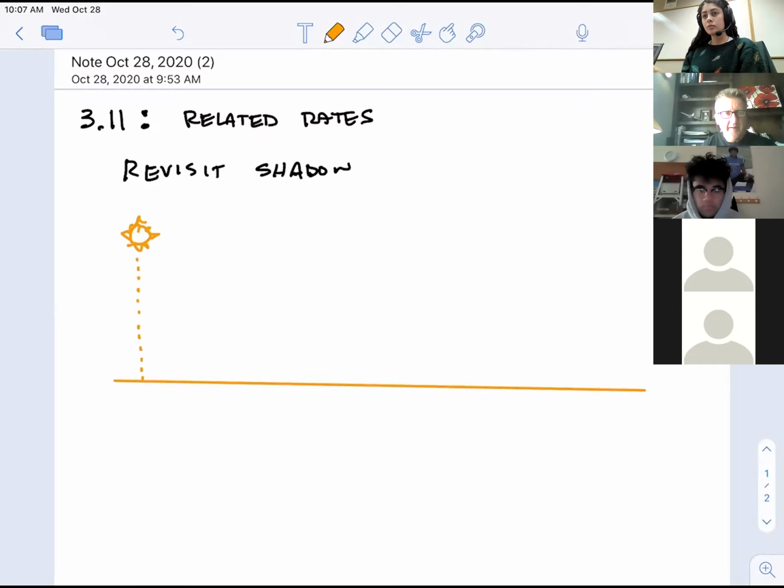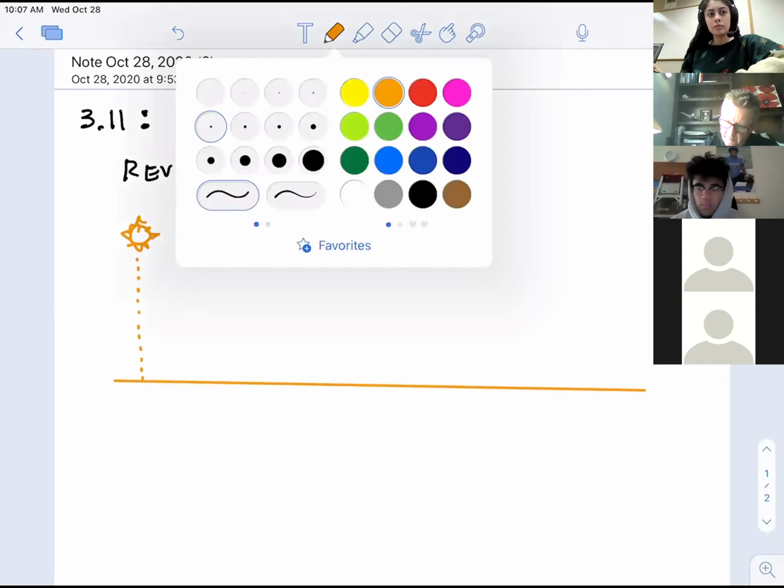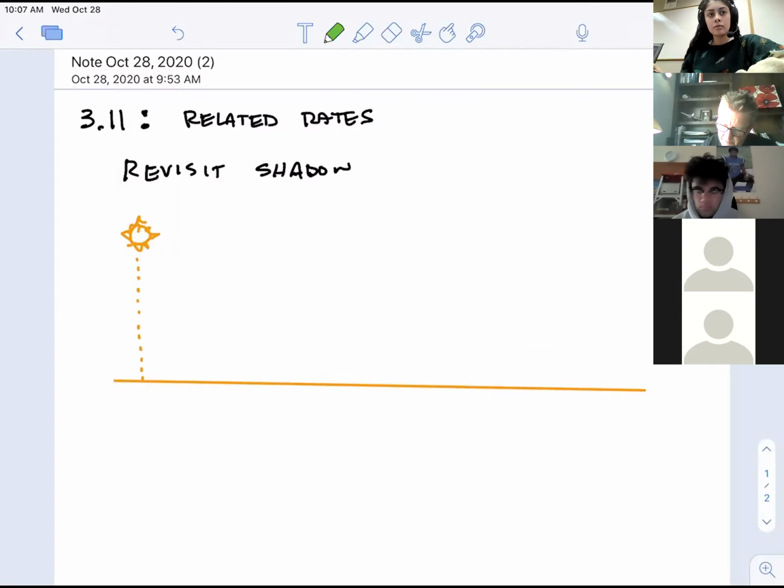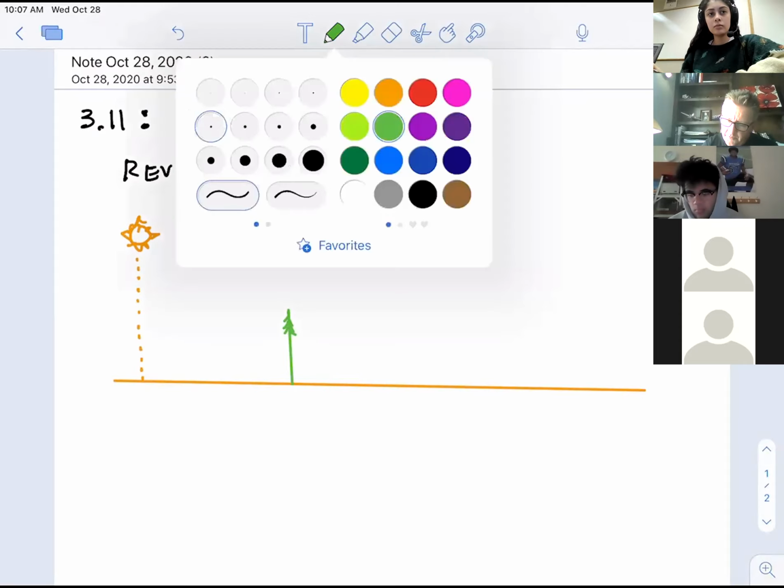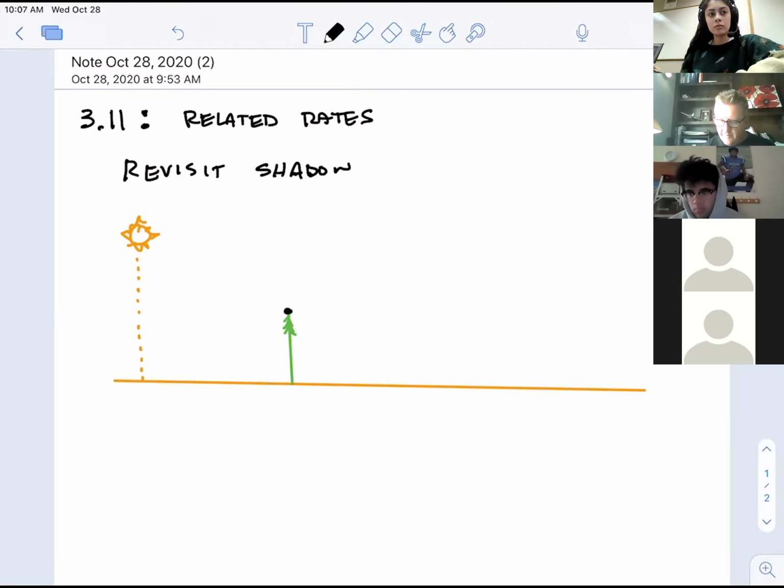There's the ground. And instead of having a mountain cast the shadow, we're going to make this a little simpler on ourselves and just make a tree cast the shadow. So it's just a line. I'll even draw on a couple of branches on the top of it. So this won't be so hard. And so now what's causing the shadow is just going to be the tip of the tree. And based on where the sun is right now, I guess you would say the shadow is right there, right?